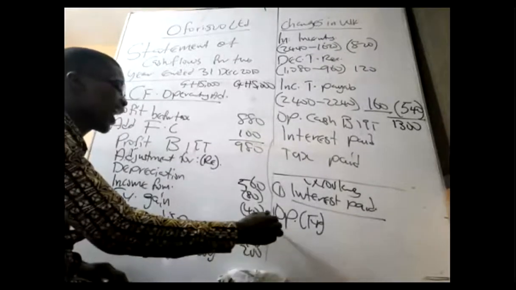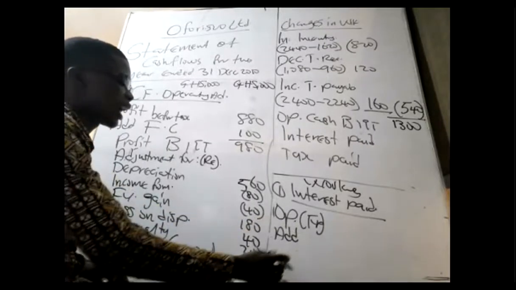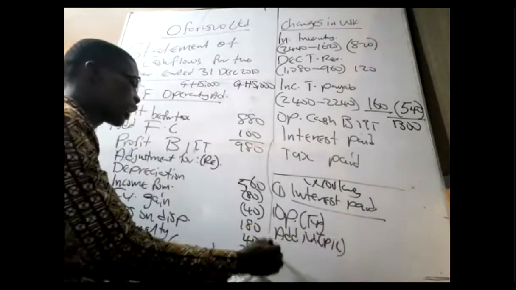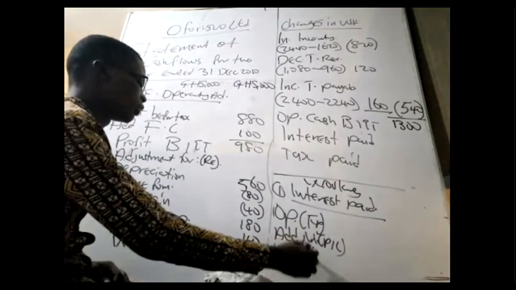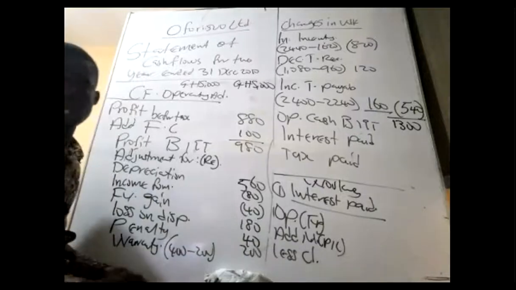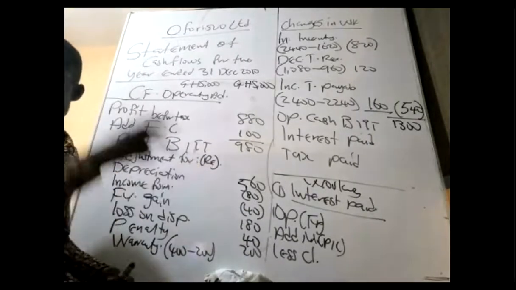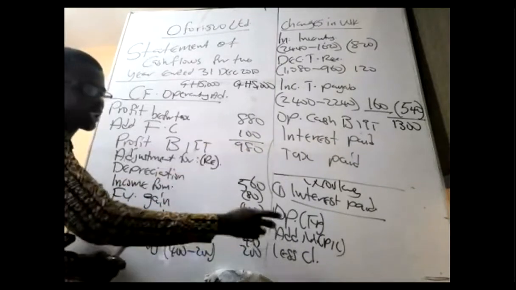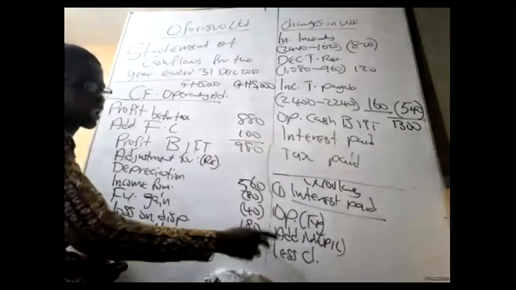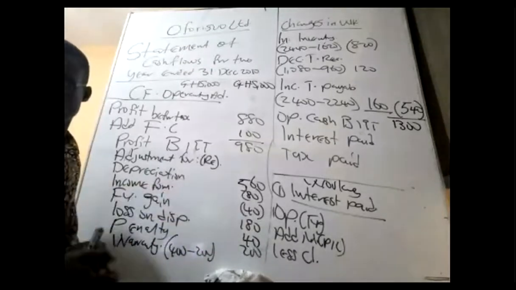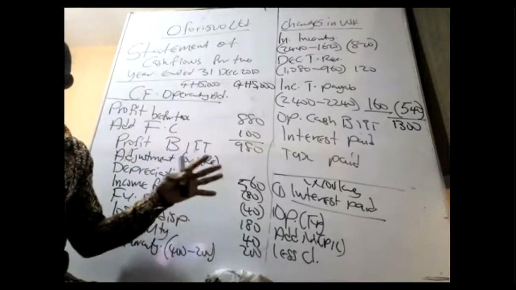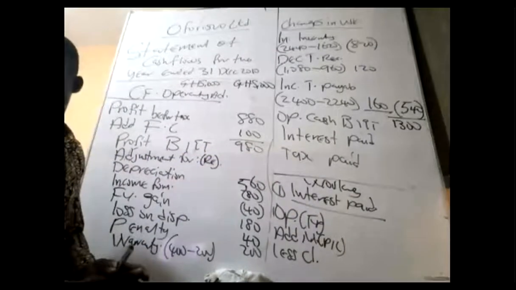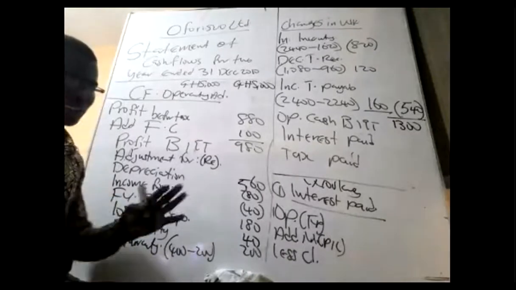Item number 2, add the movement of that item. It's in the P&L. Less the closing balance. That is all. So anytime you're looking for something paid in cash flow, 3 items: the open balance of that item, the movement of that item coming from the P&L, less the closing balance of that item, and you are done. So let's use that approach to look for interest paid and tax paid. That is all. Don't worry yourself about complex calculation.